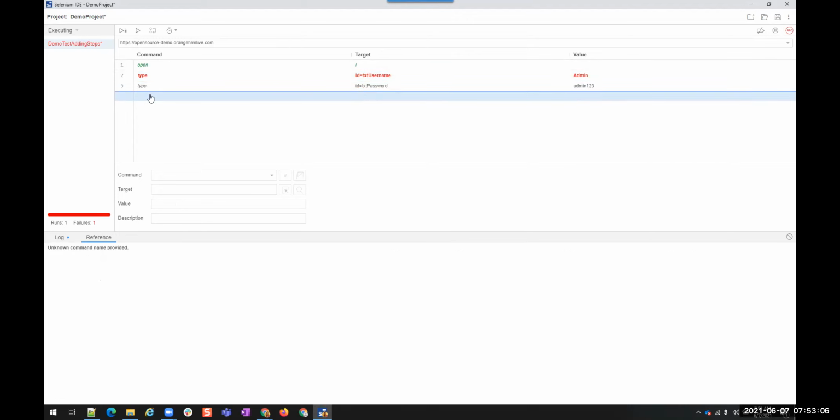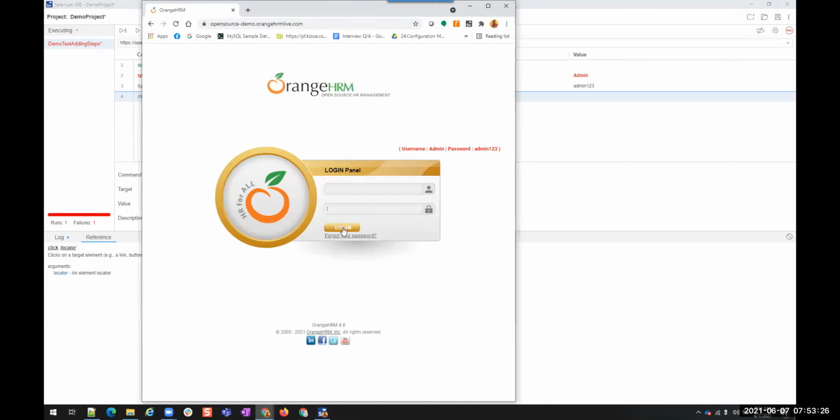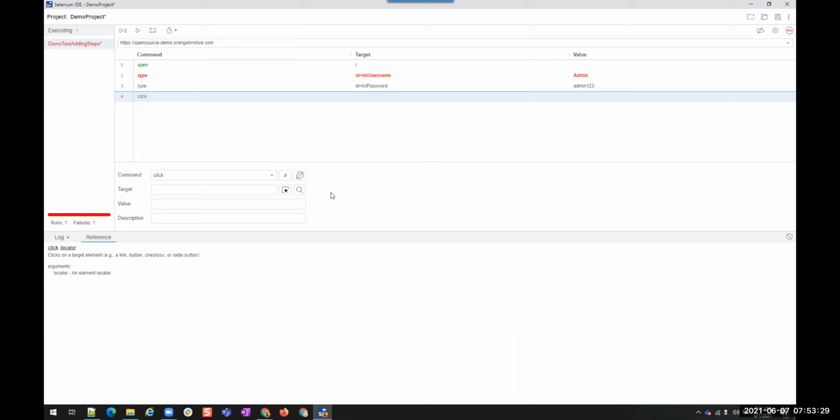Now, after entering username and password, what do we have to do? We have to click on the login button, right? So I'm using click, and where do I want to click? I don't need to enter any value, but I just want to click on it. I want to click on this login button. Either I can use this select targeted page or the inspect element button. This is the latest added one. Earlier this one was also not there. So this is present now. We can use this to identify the element.